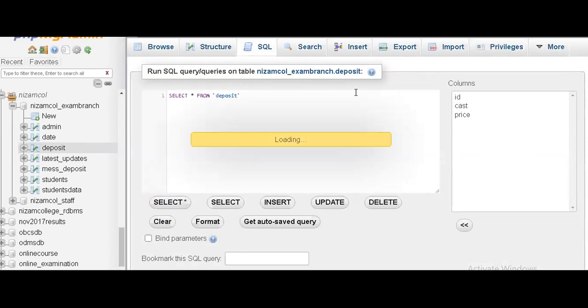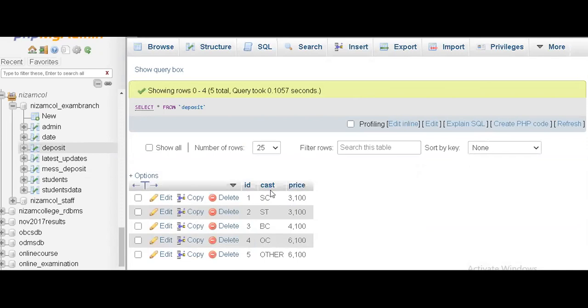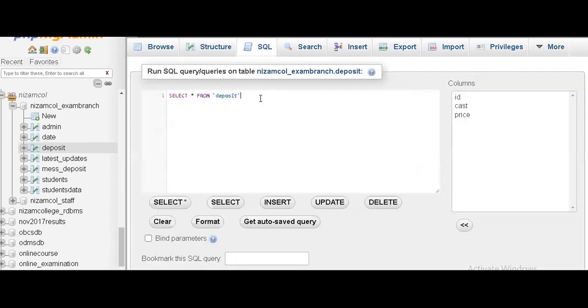It is displaying the records, with ID 1 to 5, and cash and price are displayed. Now I want all the records whose price is equal to 3,100 or price equal to 6,100.